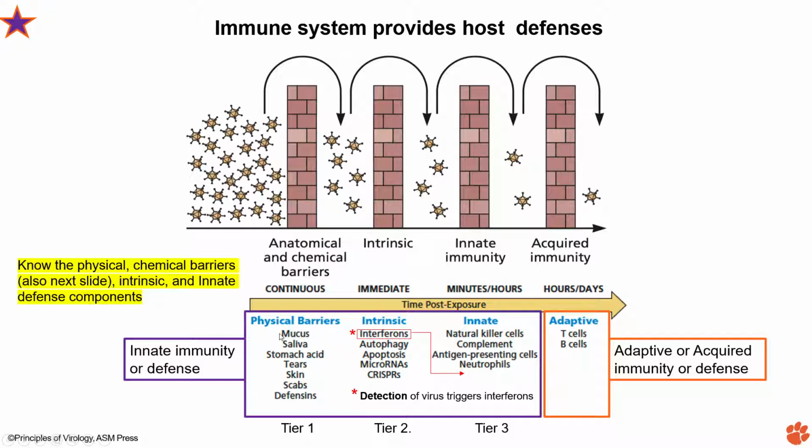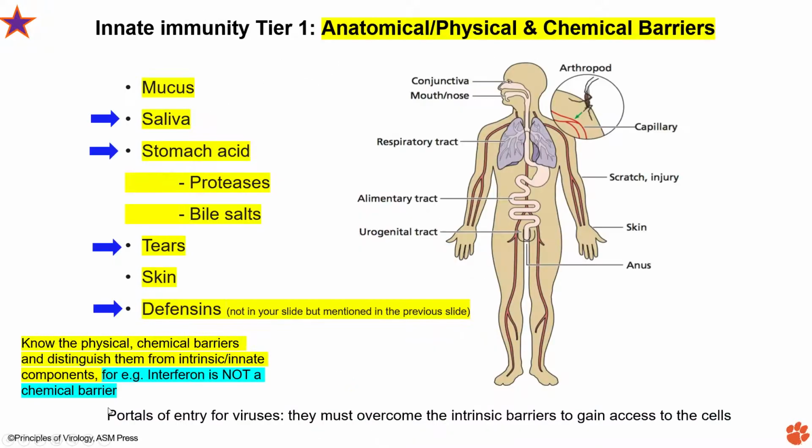So sometimes we can ask which are the physical or the chemical barriers, and which of these is not one of them. So suppose I just put interferon in here, and that will not be the answer because it is part of the intrinsic or innate response. So here I say that more clearly. If we ask which of the following is a chemical barrier, all of them. And if we ask which of the following is not one of them, just remember that saliva, stomach acid, tears, defensins